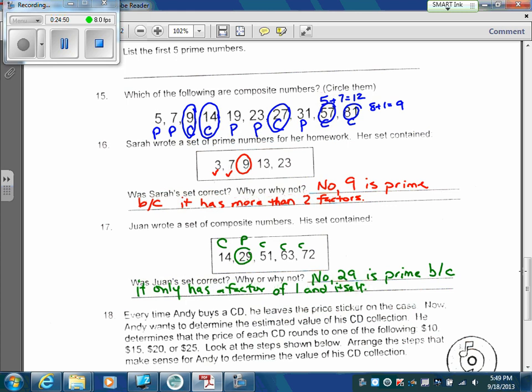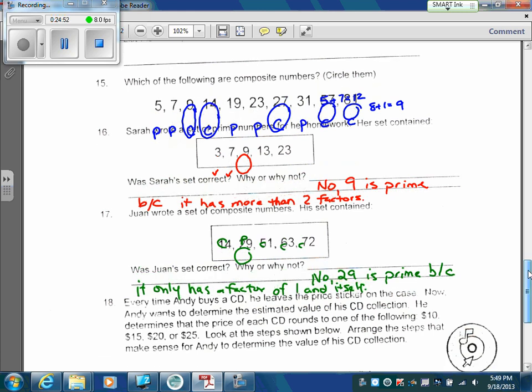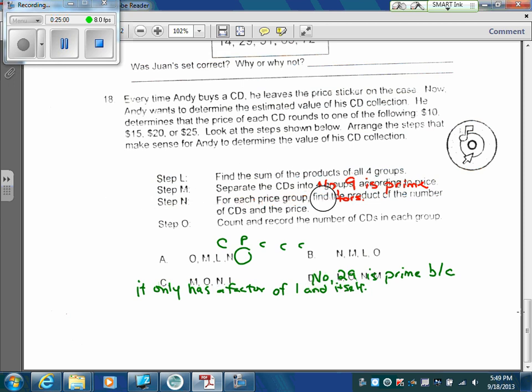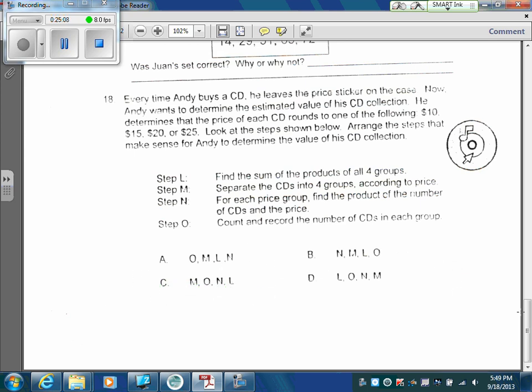Okay, so look out for those prime and composite numbers. Okay, last one. It is giving you a scenario, and you've got to figure out how we find the best way to organize the details. So Andy buys a CD. Every time he buys a CD, he leaves the price on it. He wants to know, with all of his CD collection, how much is it worth? How much has he paid for all of these CDs? He knows that each price of the CD will round to one of the following. It's either $10, $15, $20, or $25. We have to figure out what should he do to be able to find the total value of the CD